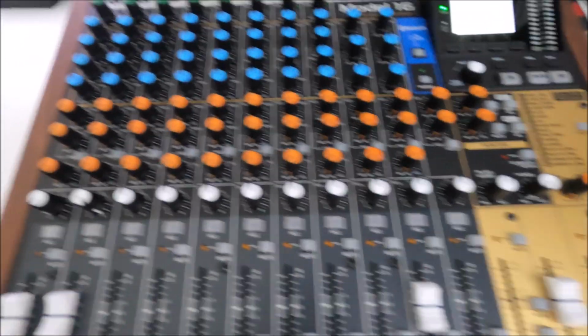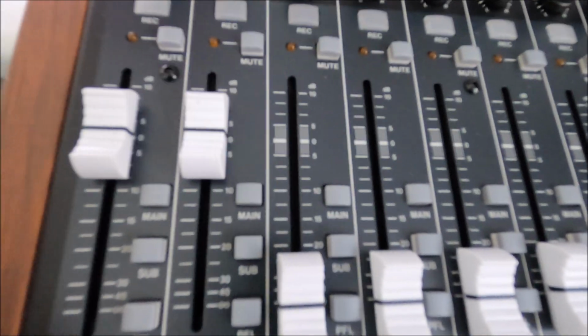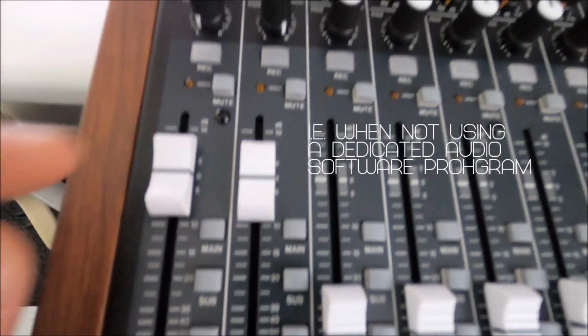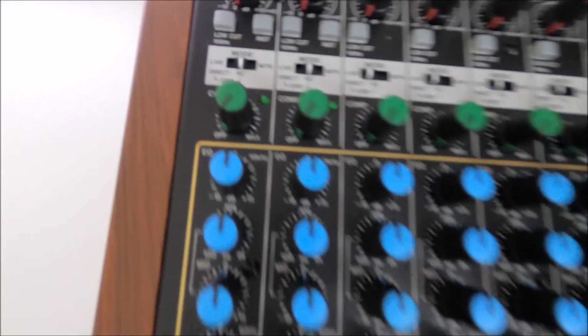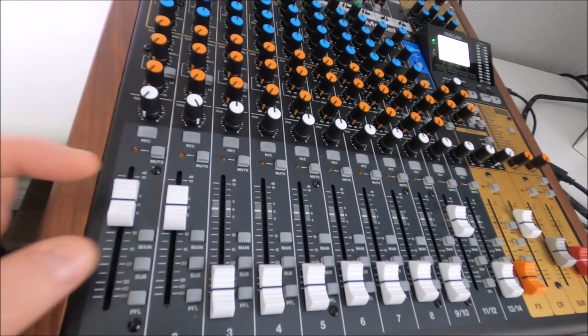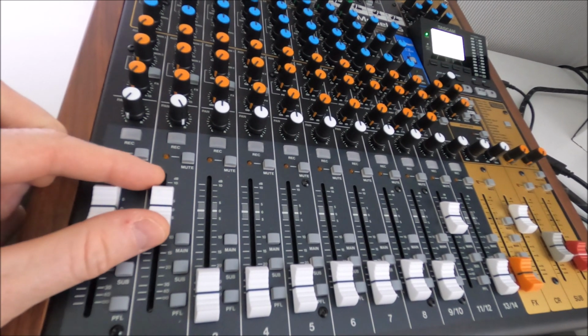The other thing I noticed was that it automatically fed sounds from the PC, not from the actual music software, but just through the actual PC sounds into channels 1 and 2, which obviously I've had to pan left and right. And again, they are on PC mode. So if you don't hear any audio coming from your PC, it's very likely that it's trying to output it onto channels 1 and 2. So just increase the faders,